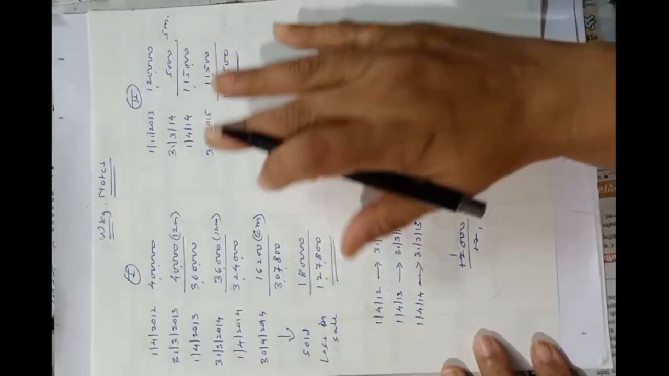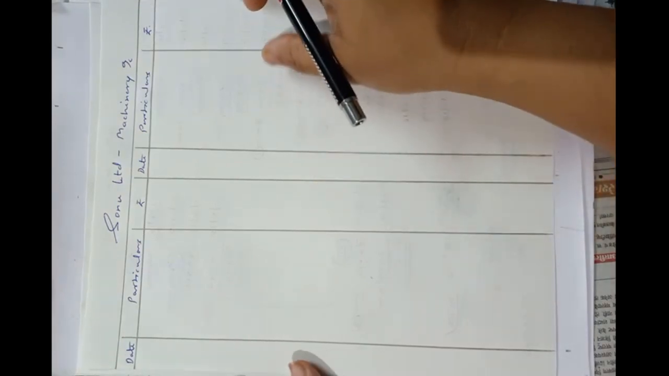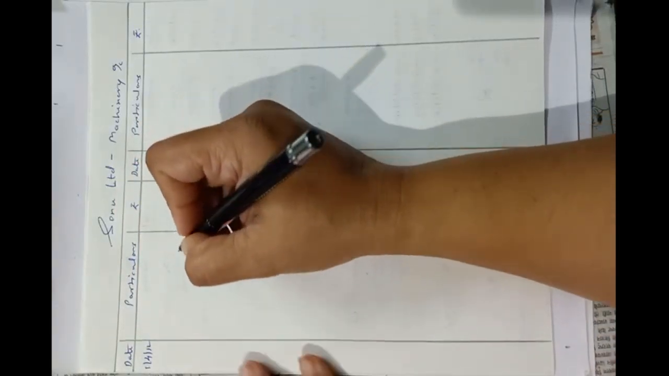Understood? So now from this working we will prepare machinery account. Keep your working handy and start solving with me, that is preparing machinery account in the books of Sonu Limited. Okay. Now first we have to purchase first machinery, means first entry will be of purchase of first machinery, that is on 1st April 2012. On 1st April 2012 they have purchased machinery